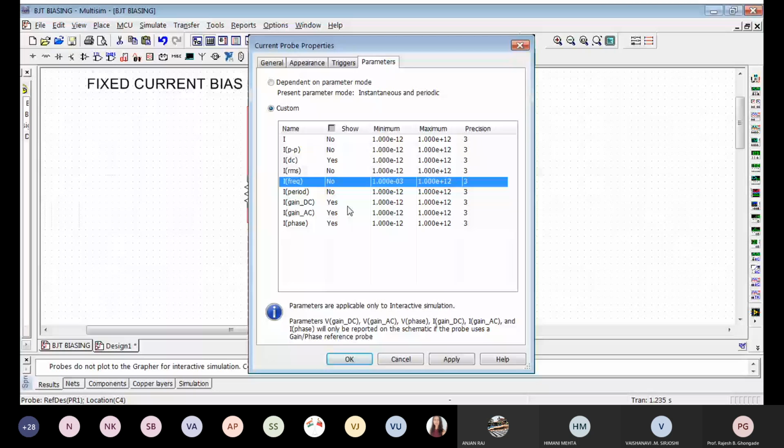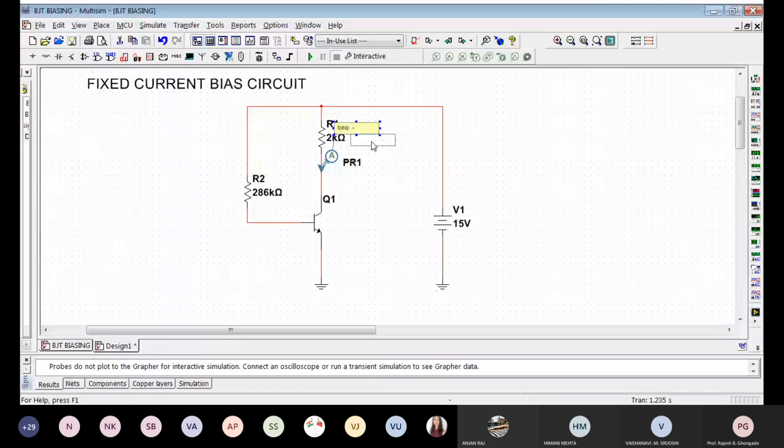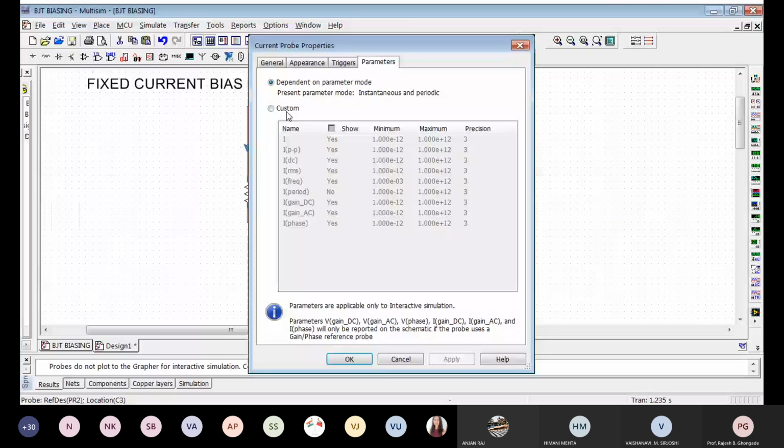So that will simplify this particular dialog, this probe label as it is called. Then we will just have a check on the base current also in a similar way. Please be careful not to select any other thing that we don't want, otherwise you'll get confused. So we want only IDC. This is the base current. This is the collector current.